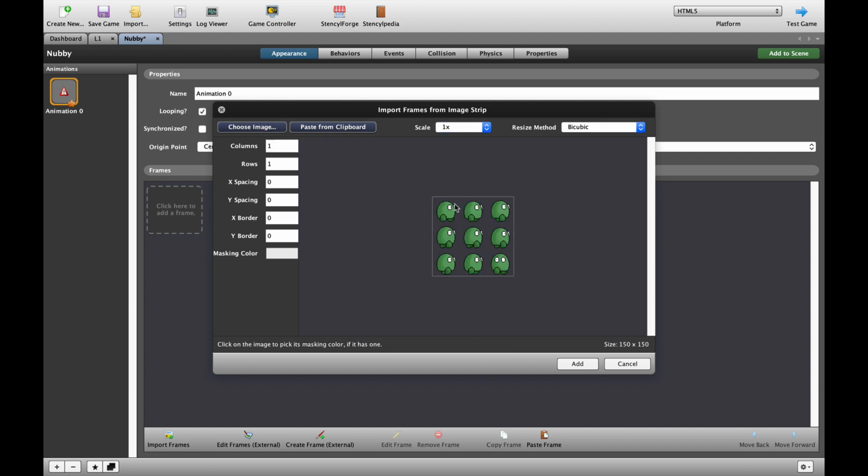You can see that my character has 9 frames, but the 9th frame is actually an extra frame I need for a different animation. I'm going to make sure my columns are 3 because I count 3 columns here, and my rows are 3 because I count 3 rows. Make sure you put the correct numbers for your sprite sheet simply by counting across and down for your columns